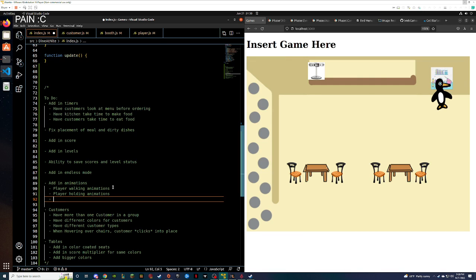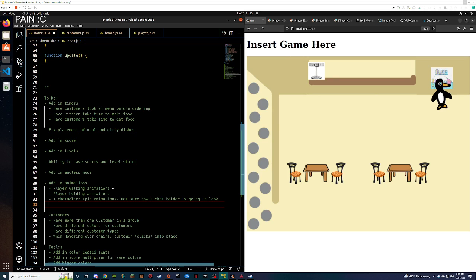We're gonna want, oh, there's gonna be a lot of customer animations. We'll do ticket holder spin animation. Not sure what the ticket holder is going to look like. Okay. Sync animation.